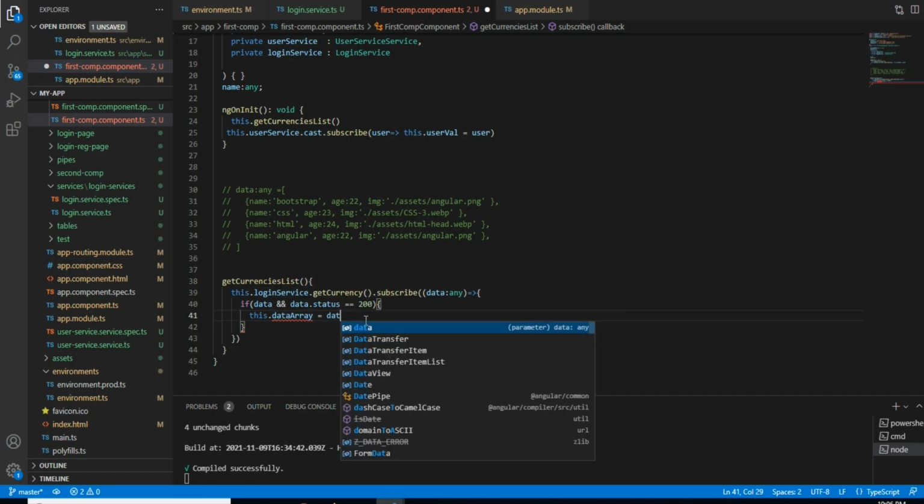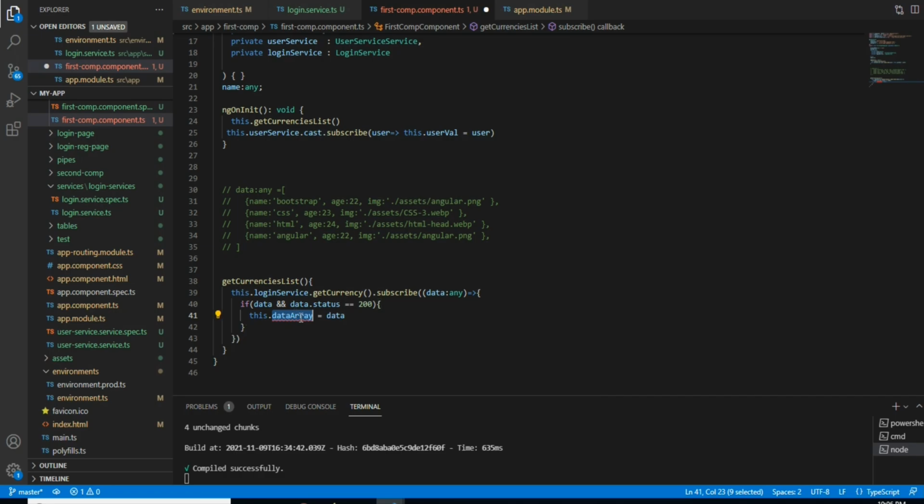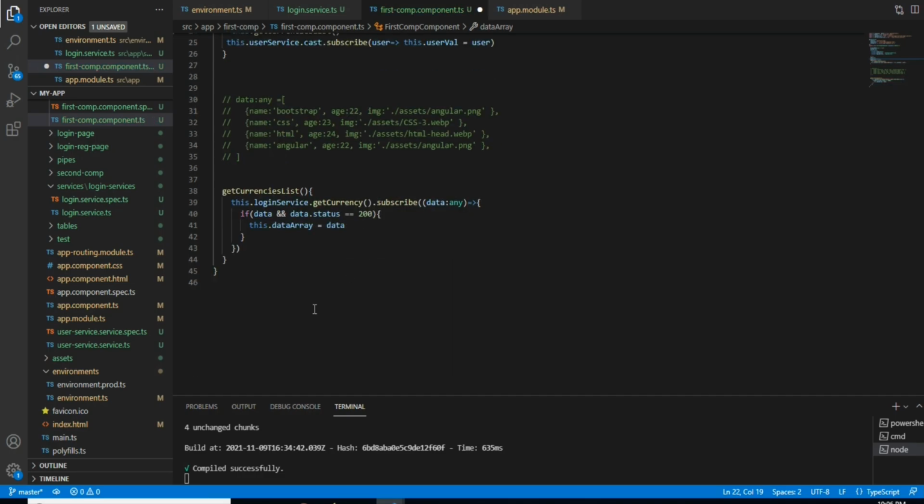We'll define this variable of type any as an array. Then I give a comma here for the error handling.